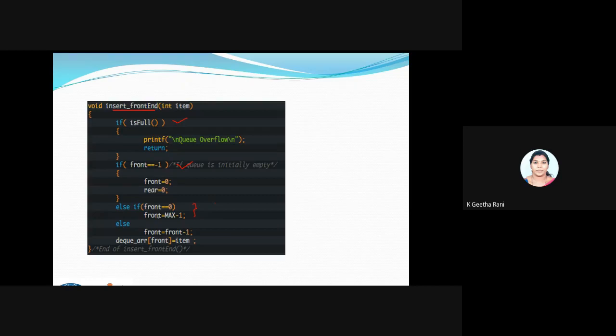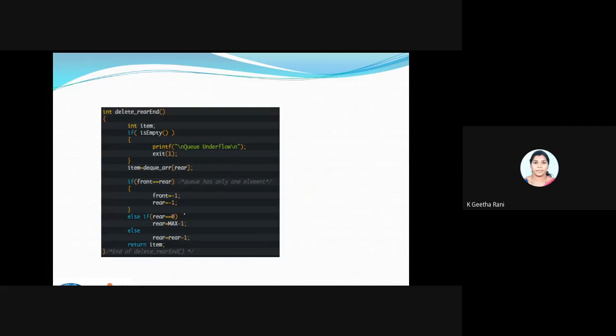I will change my front from 0 to the last, that is front equals max minus 1, from 0 to the end. And the last part is, if I have so many values, how do I insert it? I just decrement the front pointer. That is enough. And at the last I will be putting the value inside this front. Again it's very clear for you, these 4 conditions.